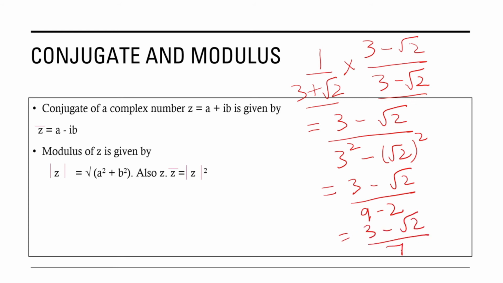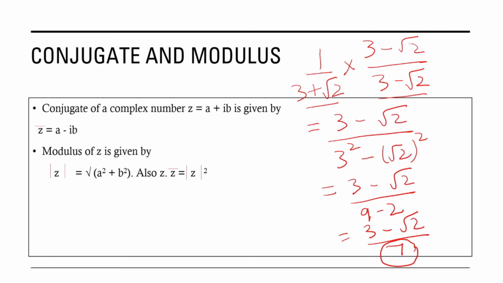So we will always see to it that the denominator is a whole number. Hence, in the complex number system also, it becomes necessary to see to it that the denominator becomes a whole number. In those cases, we will multiply and divide the given complex number by its conjugate. While doing problems, you will be able to understand in a better way how this conjugate is used.